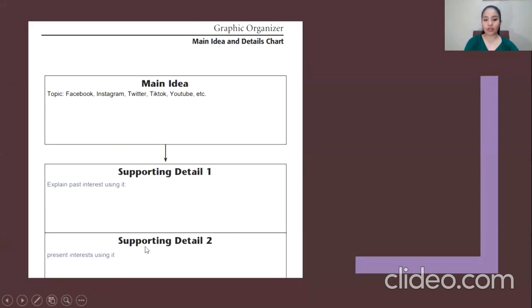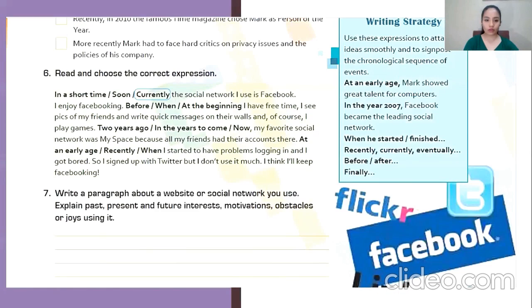Then I'm here in the supporting detail number 2, the present interest using this network. So here we have some options. For example, past, present, or future interests, motivations, obstacles, or joys. You can choose 3 of them and talk about them in your paragraph.